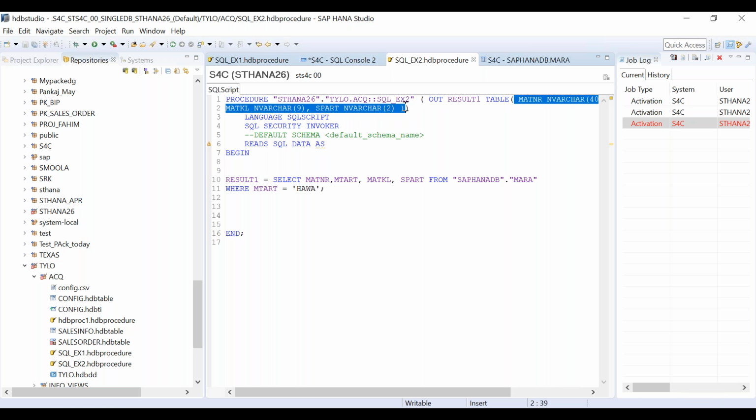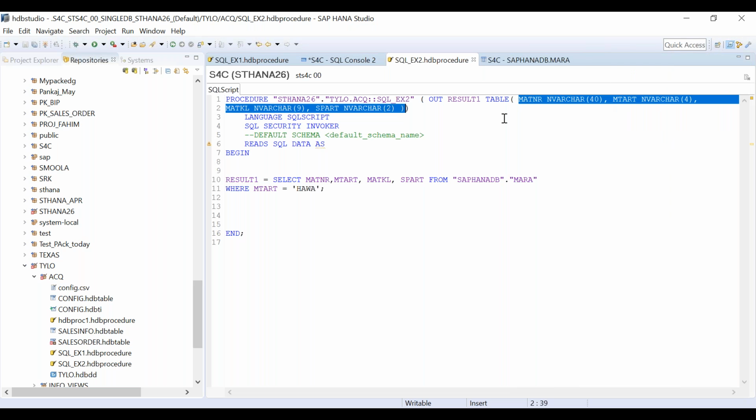Now, this is something very time consuming. For example, you have to write something like 100 procedures, and in the 100 procedures, you have to actually use this 4 column structure. So why not create one reusable structure that we can call directly into my procedure every time? So I don't have to write this kind of assign declarative statement inside my procedure.